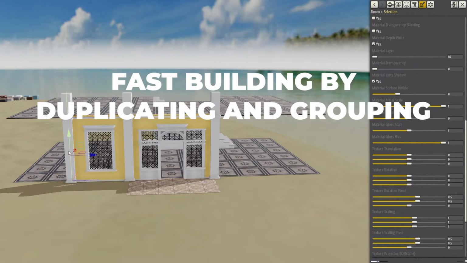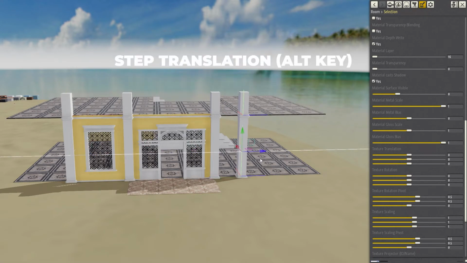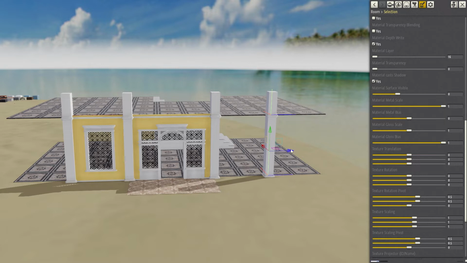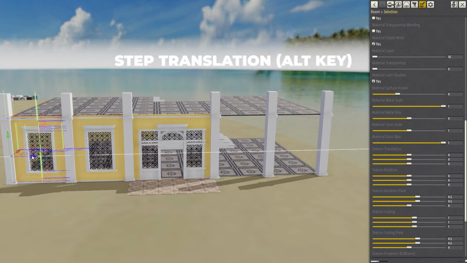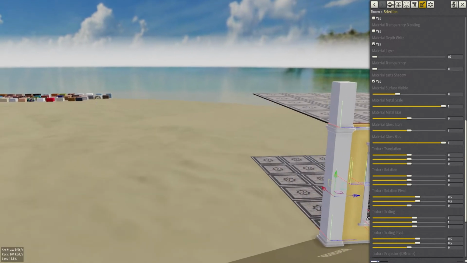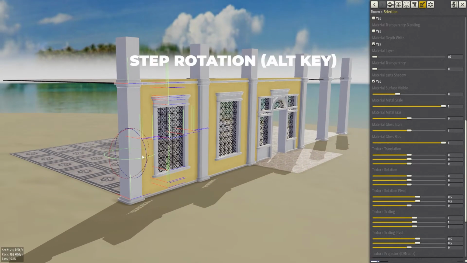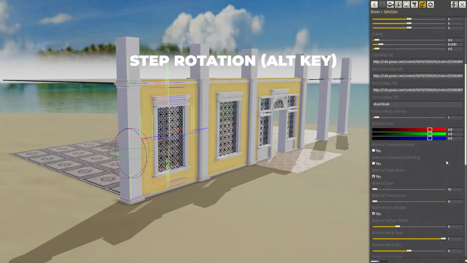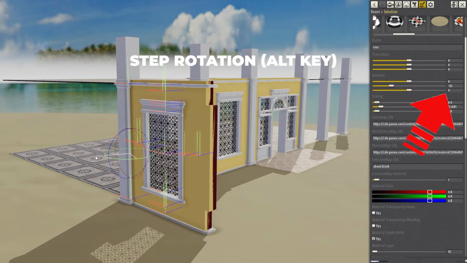Groups of objects can be repeated many times. We suggest you proceed by grouping objects first. Once you have created your groups of objects, you can duplicate them, then rotate and translate them in their new position. This will speed up the building process very much. When rotating multiple objects, remember that the center of rotation is the last object you clicked on. The angle value is shown on the right column.